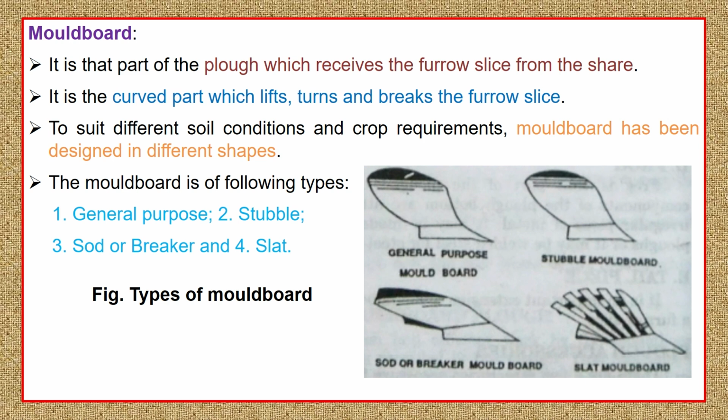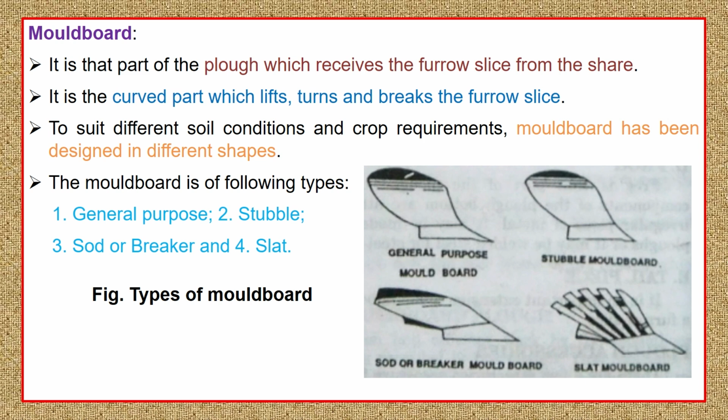The next part of the mold board plough is the mold board. The mold board is the main important part, because the shear is responsible for cutting the soil to a designed depth, and as that shear cuts the soil mass, the entire soil mass will be received by the mold board, and this received furrow slice will be lifted up, turned and pulverized, and all that will be taken care of by the mold board. So mold board is a curved part which will help to receive the furrow slice and lift and turn them